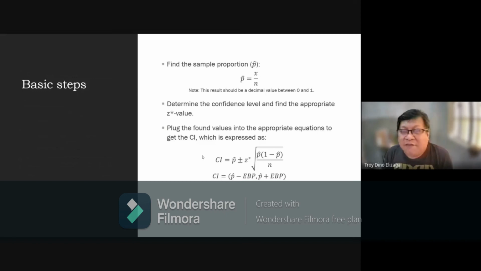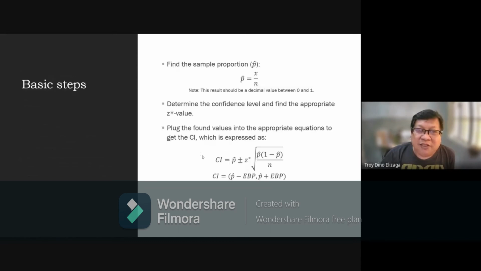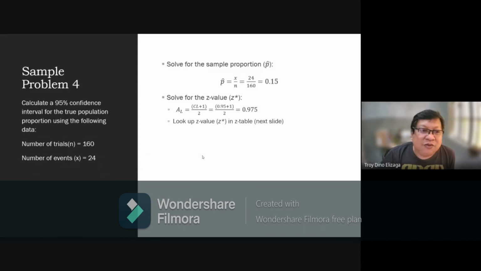So you plug the found values into the appropriate equation to get the CI, which is expressed as this one. So these are the formulas. And then it's best